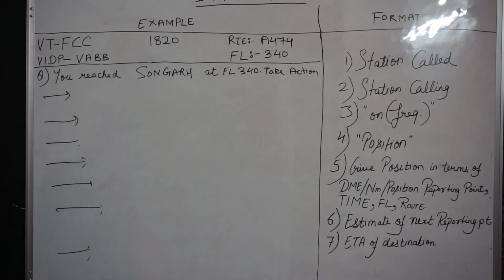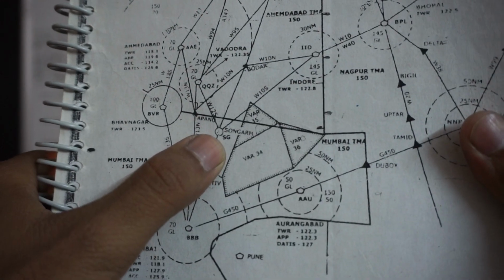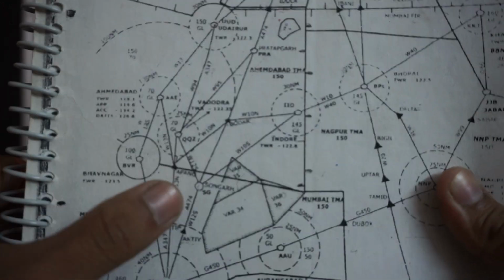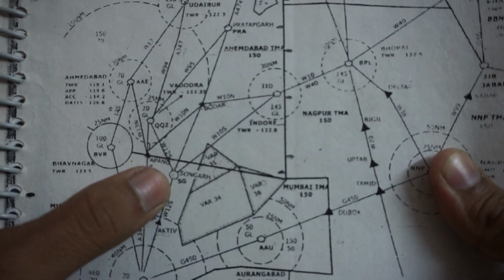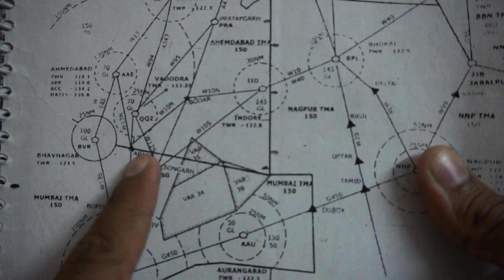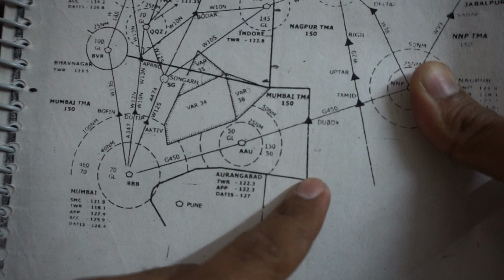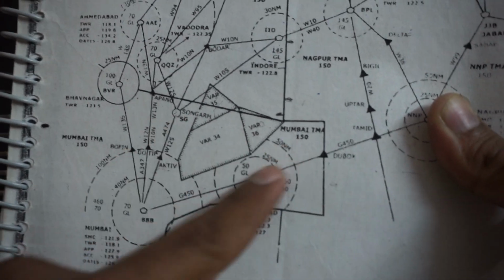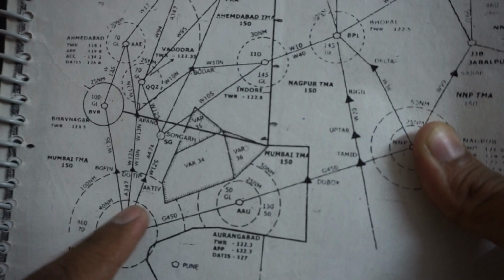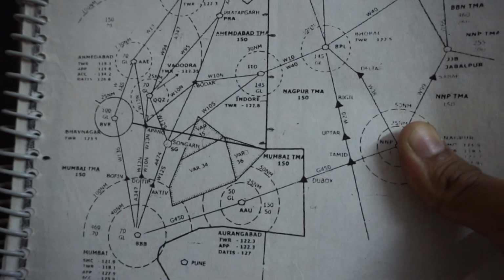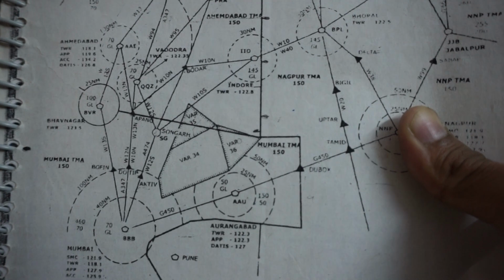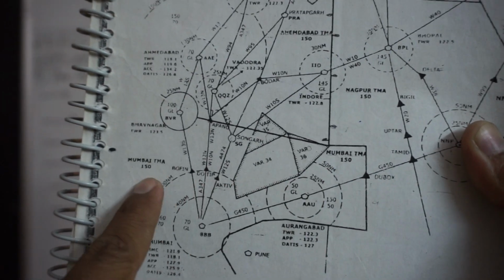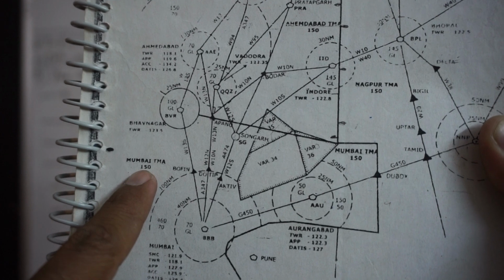Now at Songarh we'll find out in the map we have to contact which ATC unit. So Songarh is here. Okay, this is the whole map. The Songarh is here, and we have to find out the lines around the Songarh, these black lines. So this is the whole terminal maneuvering area. So this area is the whole terminal maneuvering area, and we have to find out which terminal maneuvering area I am in. So you can see Mumbai TMA here and Mumbai TMA here, and it is starting from 150